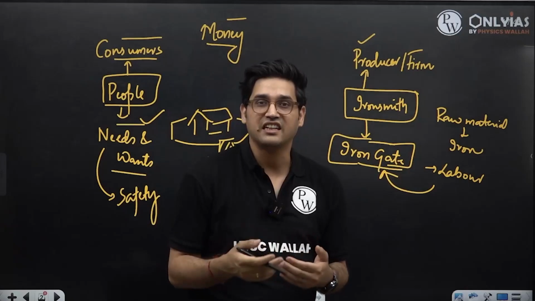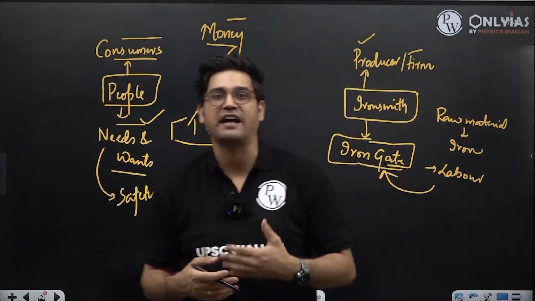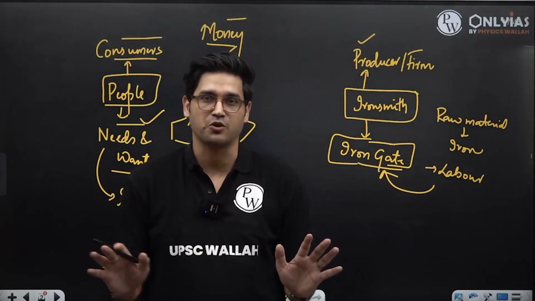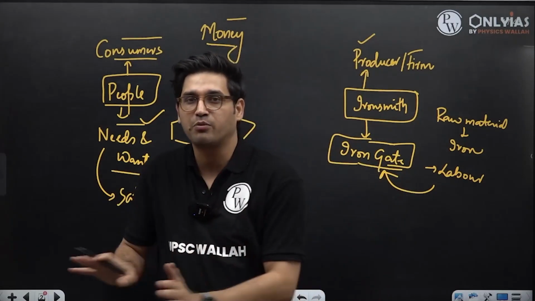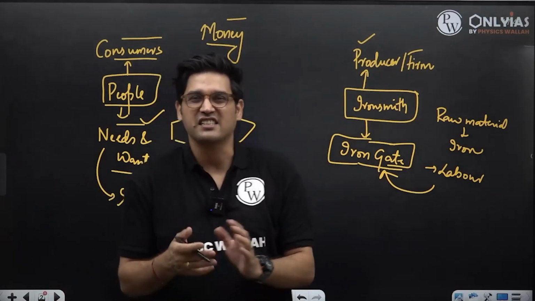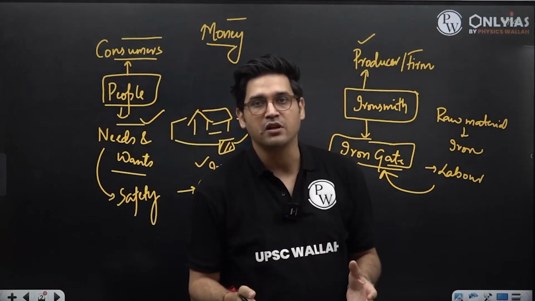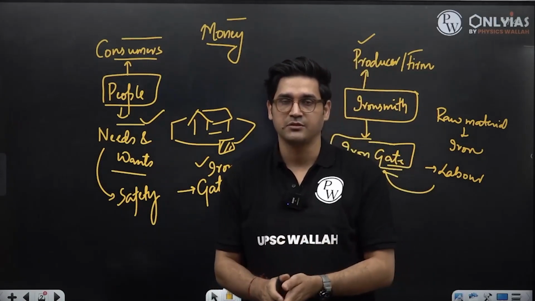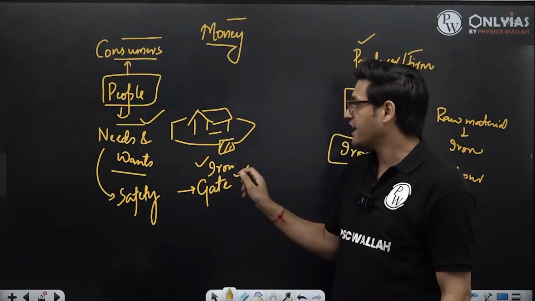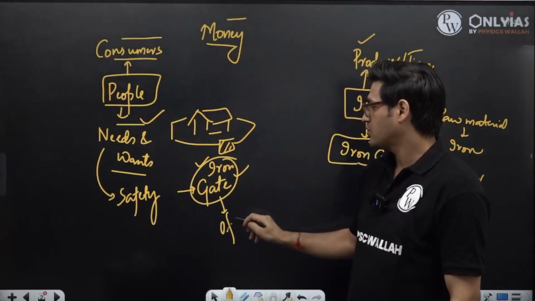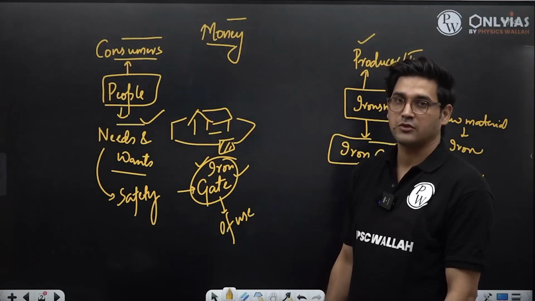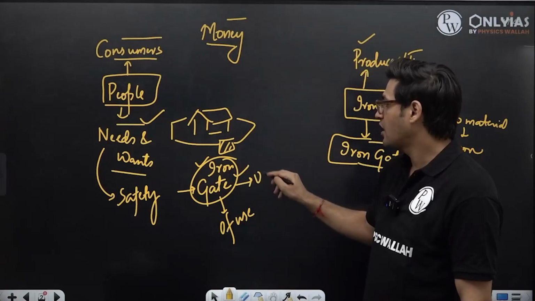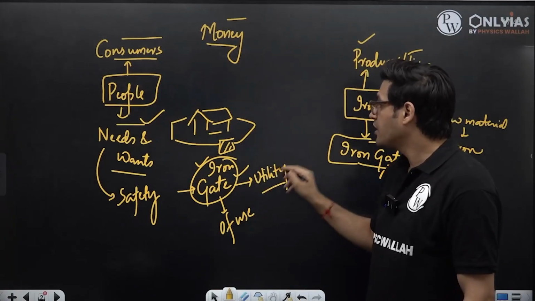But you know how inconvenient it would be every time you want to exit your house. You'll have to push that stone wall, that big piece of stone away so that you move out, and then you'll have to push it back so that you keep your house safe. It is highly inconvenient. Many people would want an iron gate. Why? Because it's far more convenient. That means this iron gate is of use, or in economics, we say that this iron gate holds some utility.